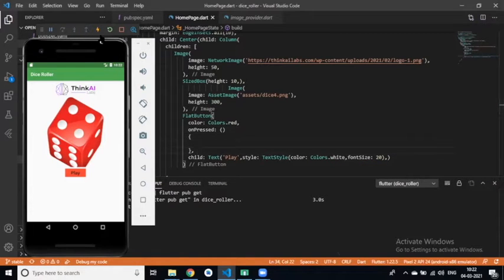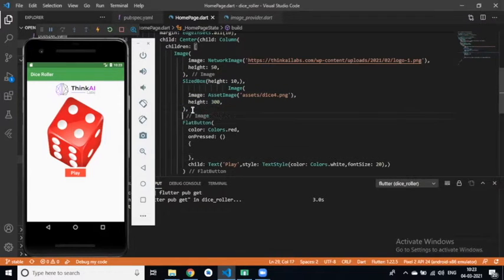So now we have a button. Then we can create a SizedBox, only SizedBox, and in this SizedBox, height is 30.